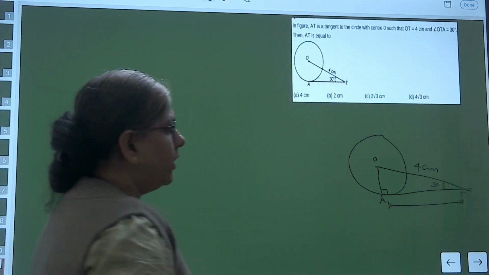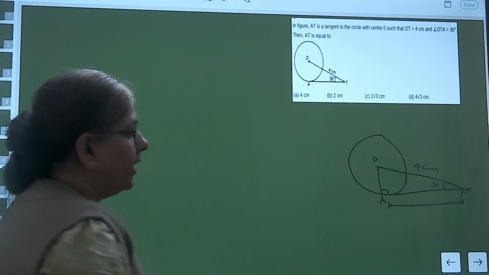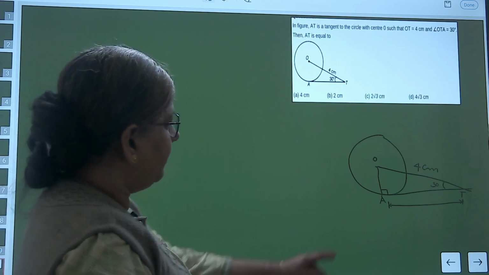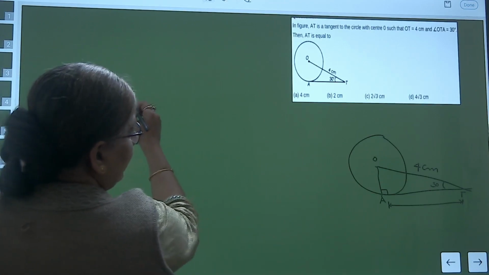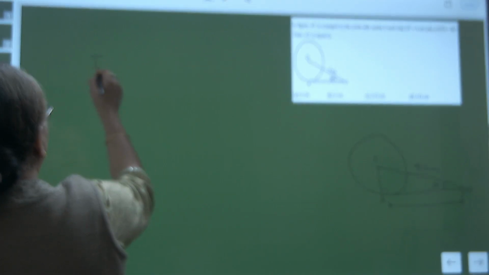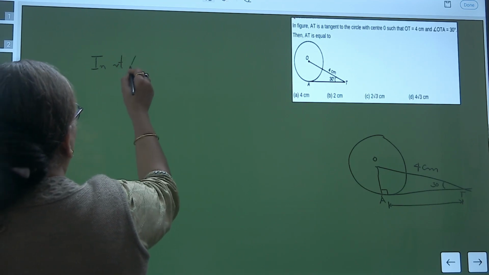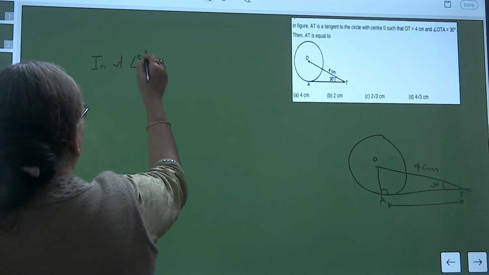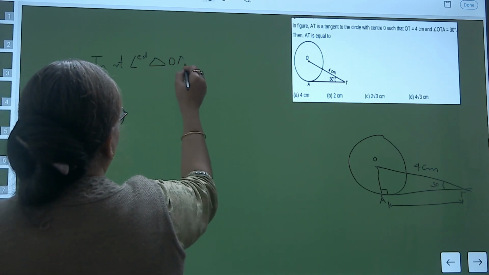Radius is perpendicular to tangent. So we get a right angle triangle, and then using trigonometry we can find AT. So we can write in right angled triangle OAT,